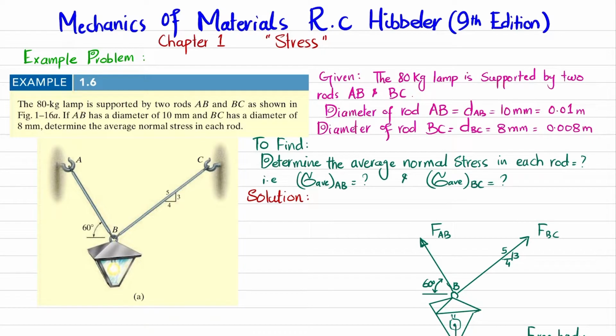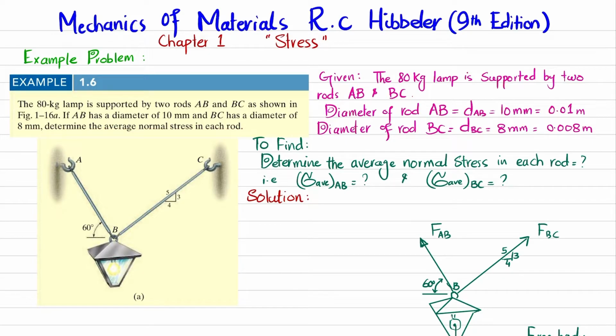Welcome back. Problem example 1.6. This problem is taken from chapter number 1, stress, and the book name is Mechanics of Materials by R.C. Hibbeler, 9th edition. The statement is: the 80 kg lamp is supported by two rods AB and BC shown in the figure. If AB has a diameter of 10 millimeter and BC has a diameter of 8 millimeter, determine the average normal stress